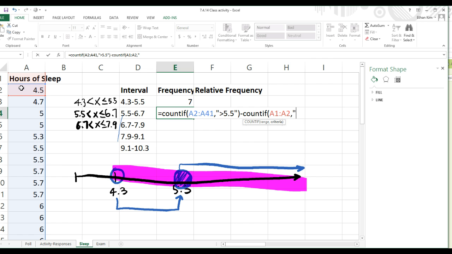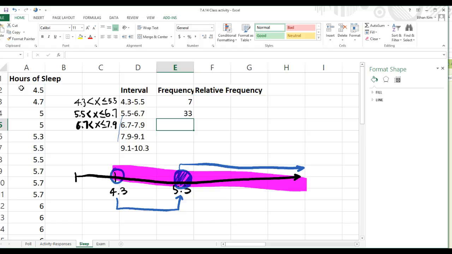Now this time we're going to do greater than 6.7, close quotation mark, close parentheses, enter. And this is a value. Okay? So if we do all that,